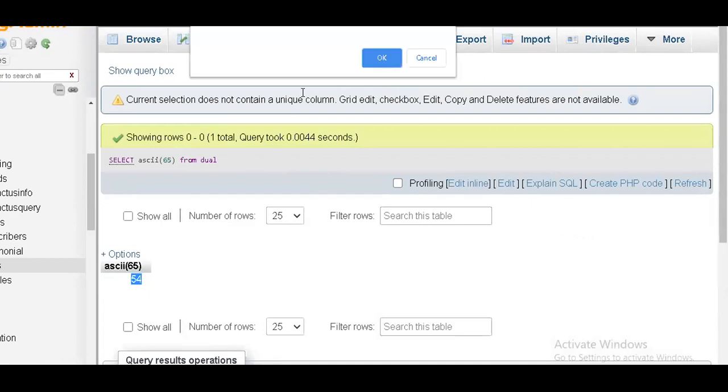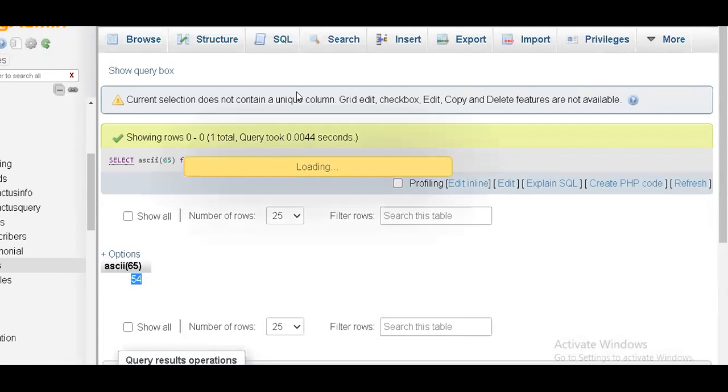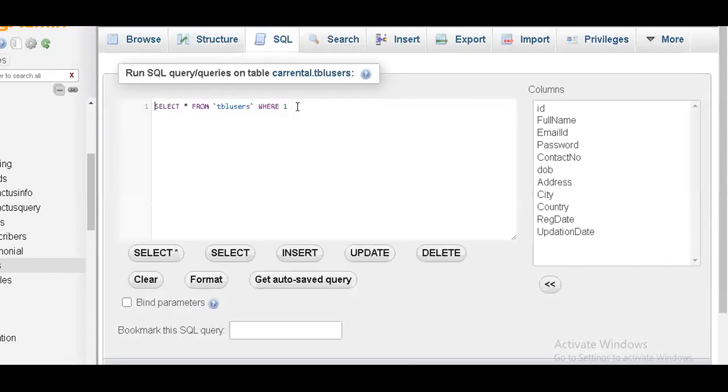Suppose I want to know the ASCII value of capital A. I'll say select. If you have space near the function, where you write the description, you can write this example there. Otherwise, you can write all the examples together, noting them down one by one.